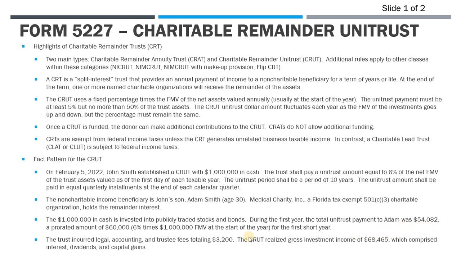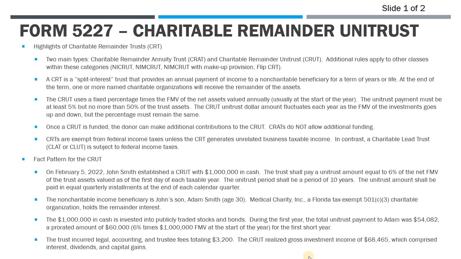$54,082 to Adam. Now, the unitrust payment in the agreement says you should calculate it using 6% times the value of the assets at the start of the year. But because this is a short year, you can prorate it. So for the first year and then the last year, you are allowed to prorate the unitrust amount. So that's why we don't pay Adam $60,000 for the first year. We pay him this reduced prorated amount of $54,082, and we'll look at that in more detail when we get